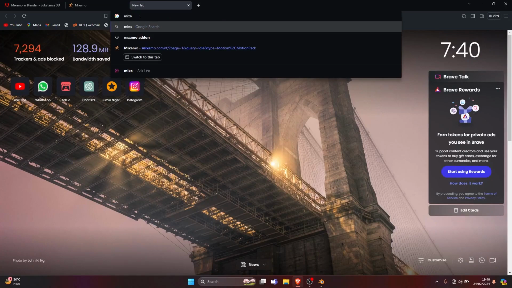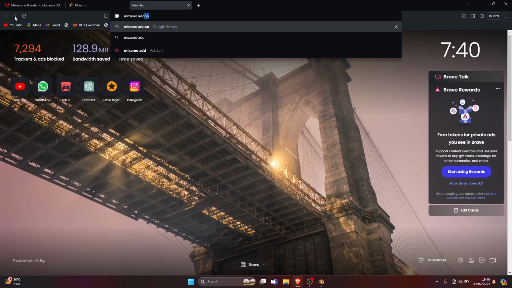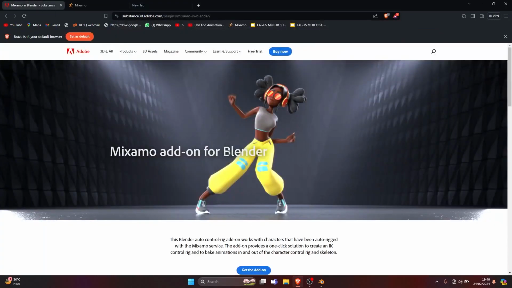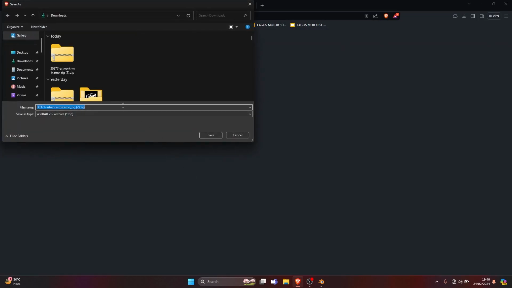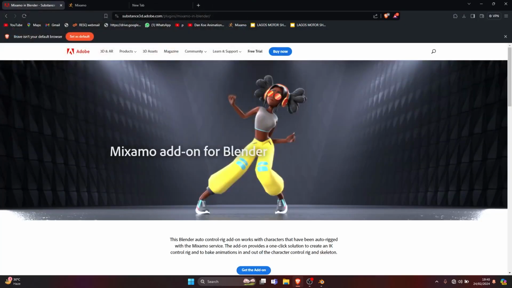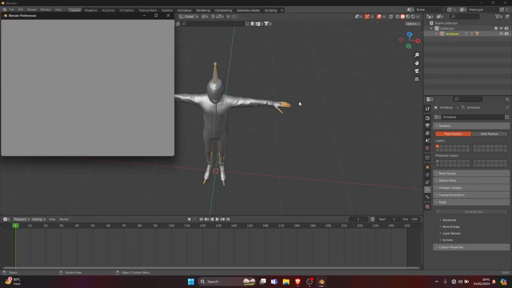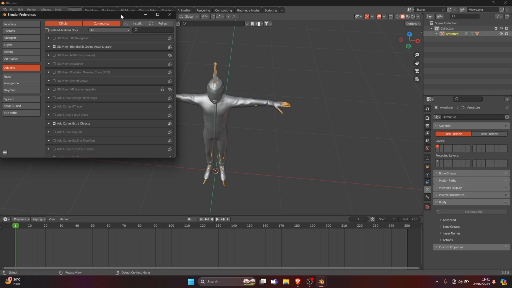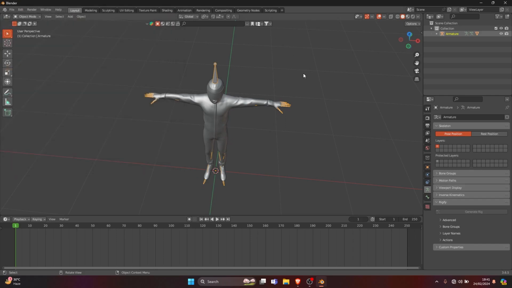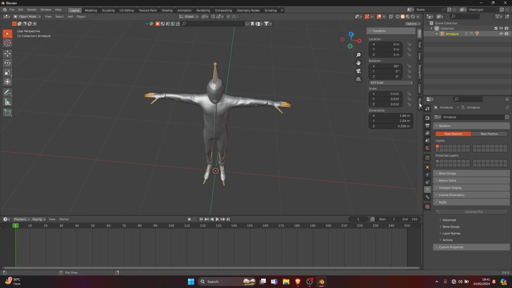Then you just do a quick Google search for the Mixamo add-on for Blender, something like that, then you'll be redirected to this site. Get the add-on, download it. I mean, it is here over here. Then you just have to come back into Blender, Preferences, Install. I believe you Blender users will do that on your own. When you've installed the add-on into Blender, when you press N on the keyboard, there should be this panel